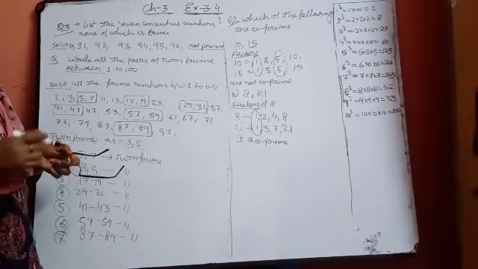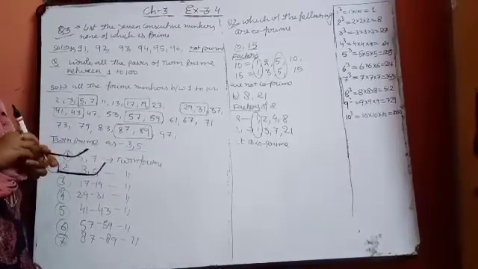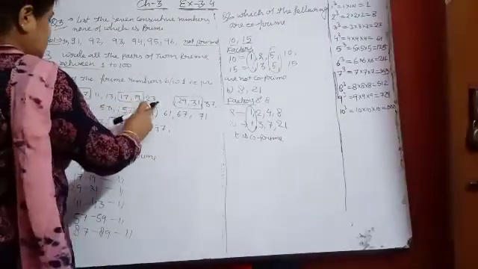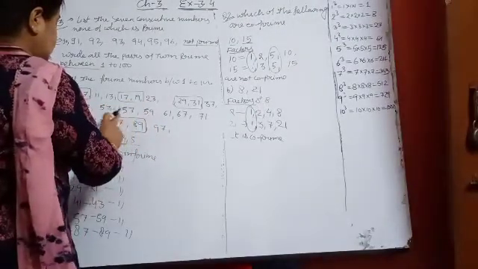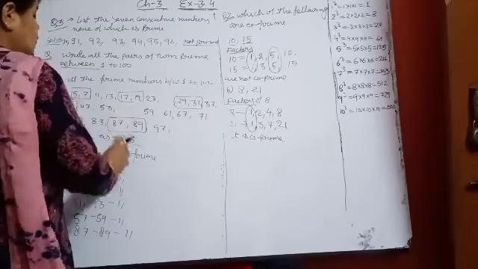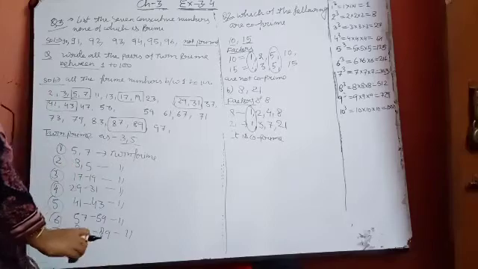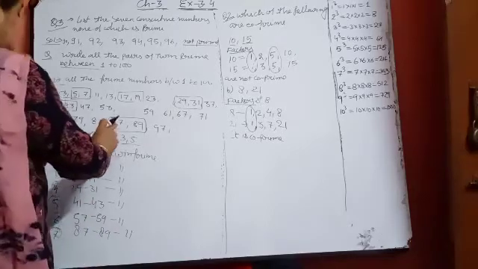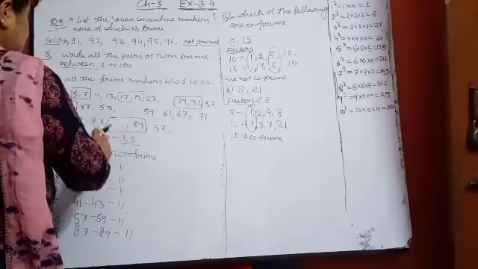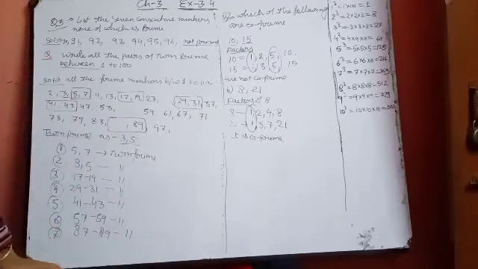Okay. Now afterwards we are moving to the next one. Let us see, by mistake I have written 57, but 57 is not a prime number. You know that it is coming in the 19 table. So 57 is also not a prime number. Okay. Here you can see that 87 is divisible by 3. So 87 will not be a prime number.